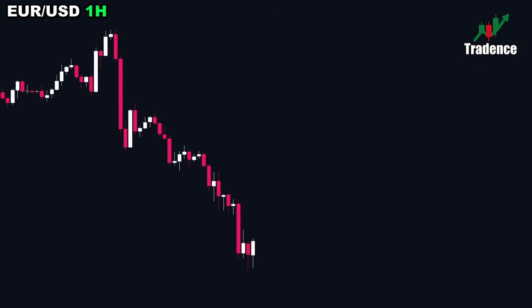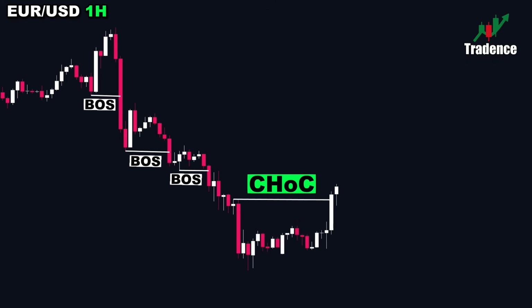As you can see, price is in a strong downtrend, with bears clearly in control since the market has already formed multiple bearish breaks of structure, more than 3 to be exact. Looking closely, you'll notice price has formed a bullish change of character with a visible imbalance, breaking and closing above the latest major high. This indicates that sellers are losing control, and the market may be preparing for a shift